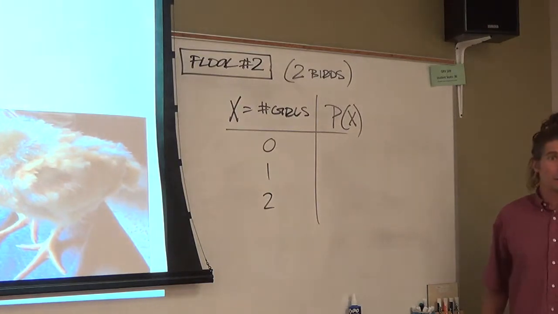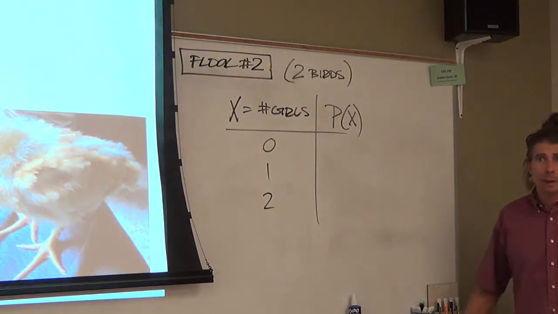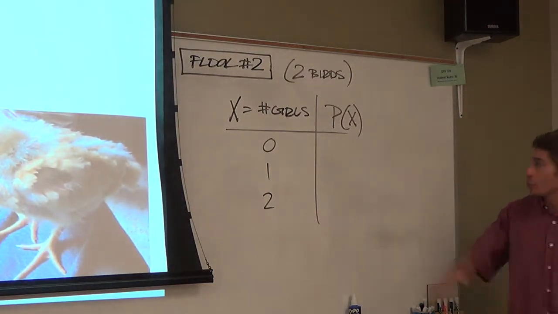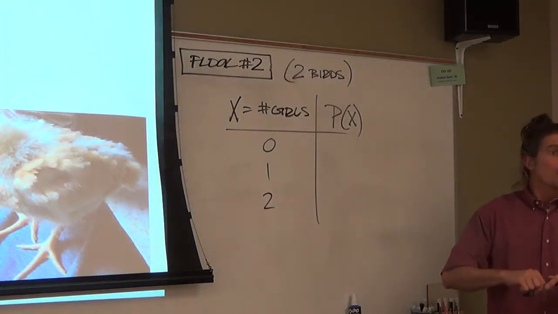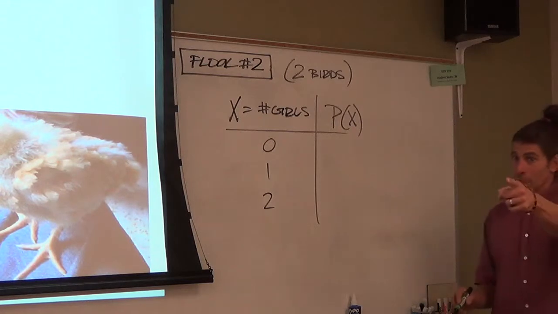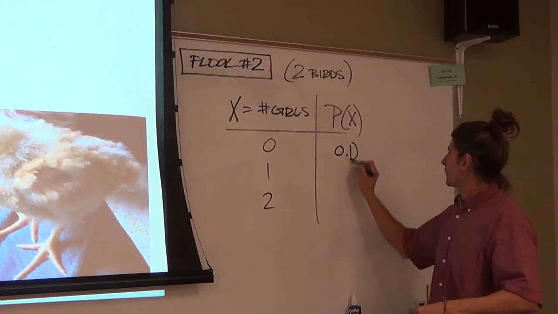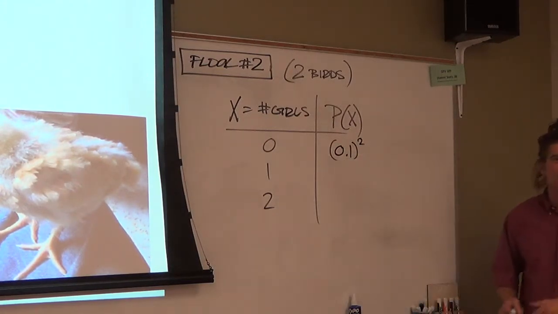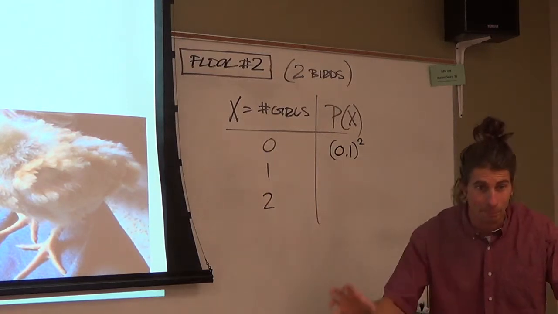Any one of them. Doesn't matter to me which one you like. What's the chance of no girls, Andrew? 1%. And how did we get that 1%? Do you remember? 0.1 squared. Awesome, Natalie Carter. 0.1 squared, because this is the unlucky case where Max goes in, grabs a bird, and that bird